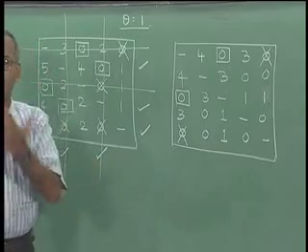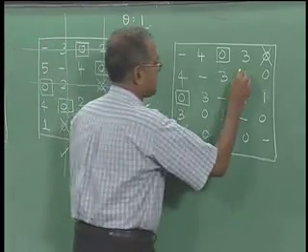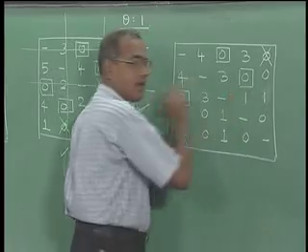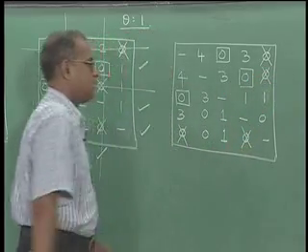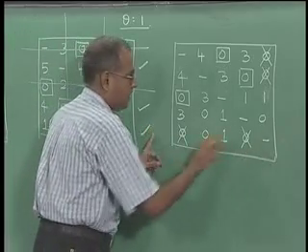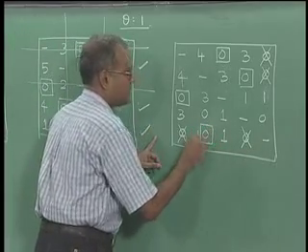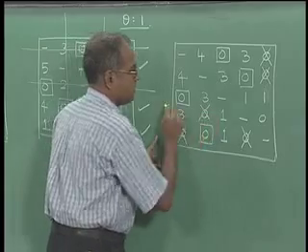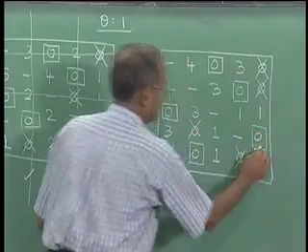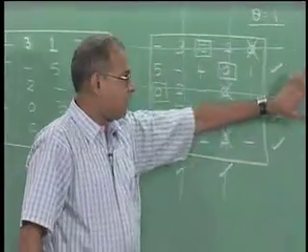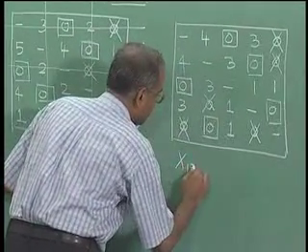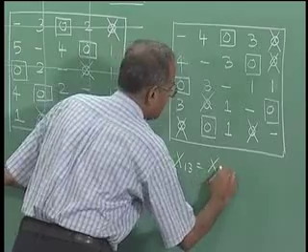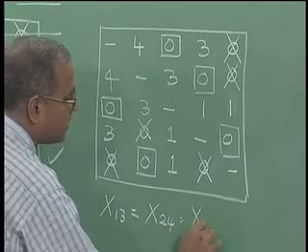So, we make an arbitrary allocation here. We start with 2 4, which is an arbitrary allocation. So, this goes, this also goes. So, straight away this row now has only one assignable 0. So, make an allocation here, this goes, and therefore, this has one assignable 0. So, we have got 5 allocations here, and the assignment solution is x13 equal to x24 equal to x31